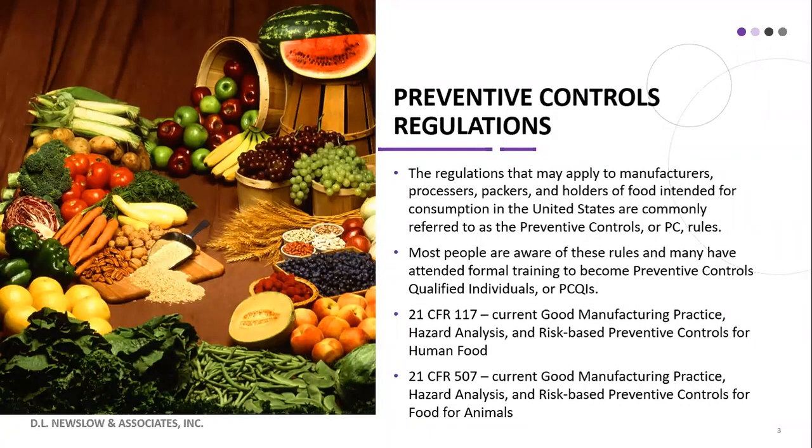So the regulations that most people think of when they say FSMA are the preventive controls regulations. There's actually 2 of them. One for human food and one for food for animals, and that includes both pet food and livestock feed. So these are the regulations that apply to companies that manufacture, process, pack, or hold food, any food intended for consumption in the United States. So it doesn't matter where in the world you're located. If the food you are making is intended for consumption in the United States, then you're subject to potential FDA